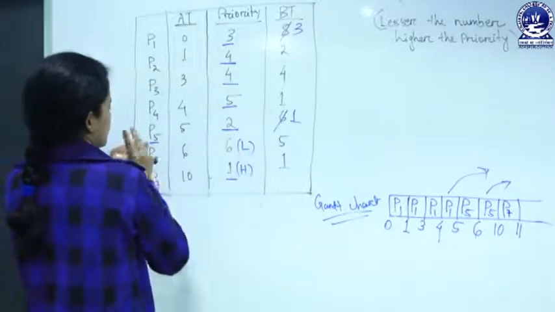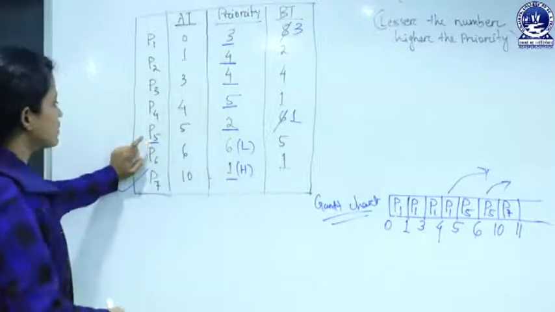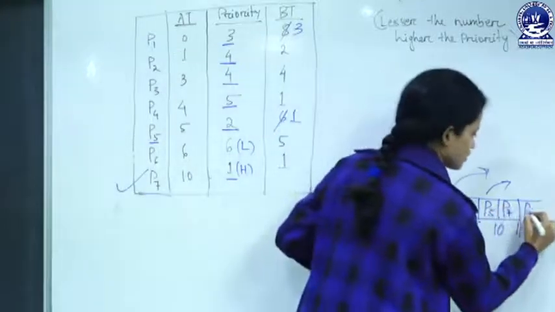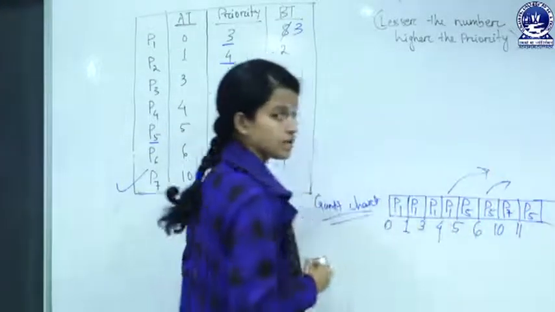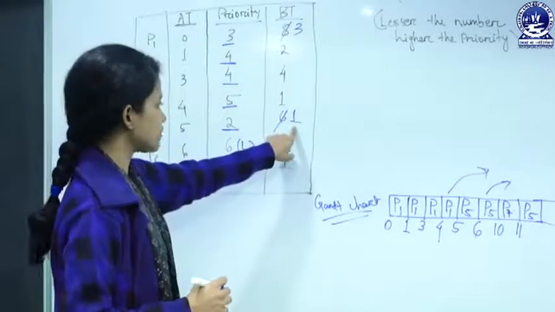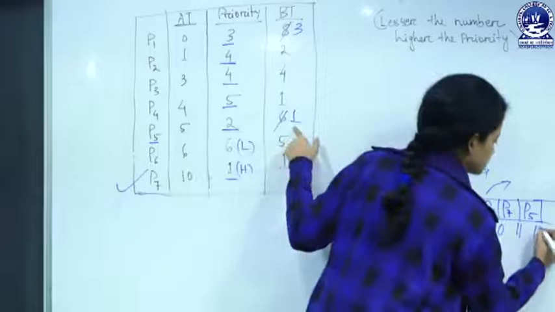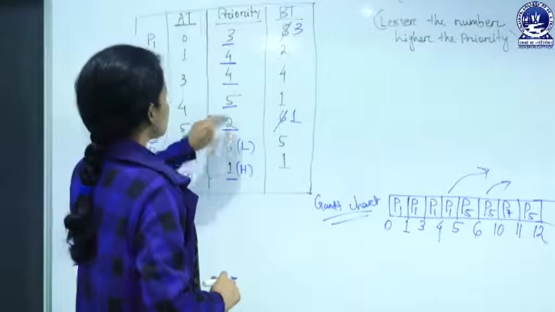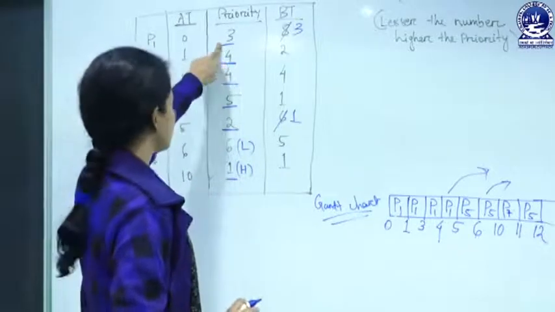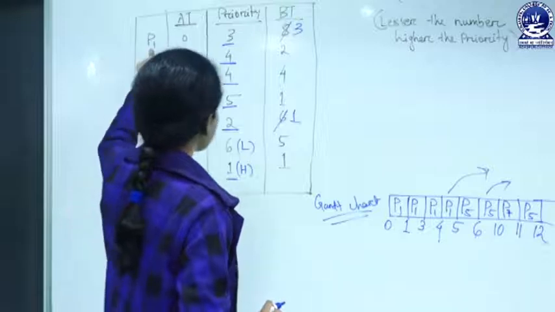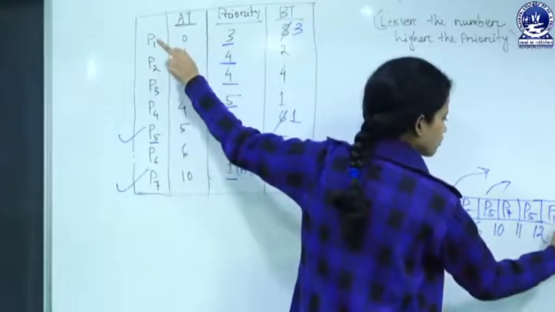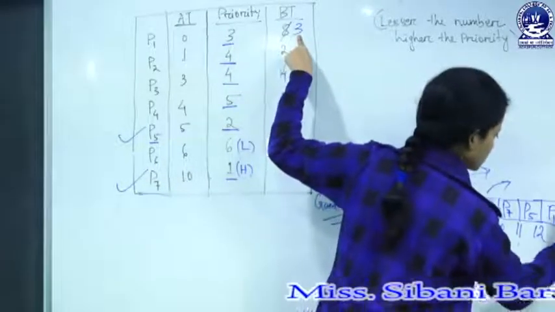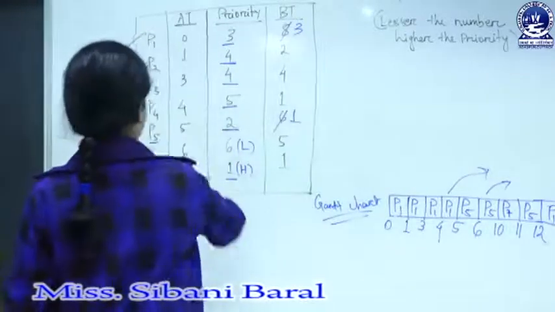So now CPU would be allocated to the process P5. So P5 is now allocated to the CPU for how many milliseconds? Check out the rest of the burst time, that is 1, till 12. Now P5 is done. Next priority after 2, 3 is the highest priority. Okay, so we would allocate P1 for the rest of the burst time, that is 3: 13, 14 and 15. So now P1 is done.